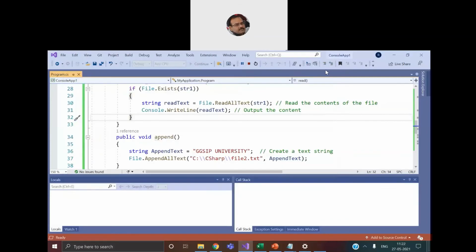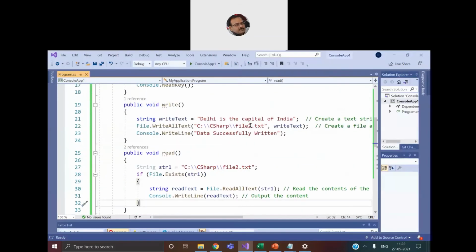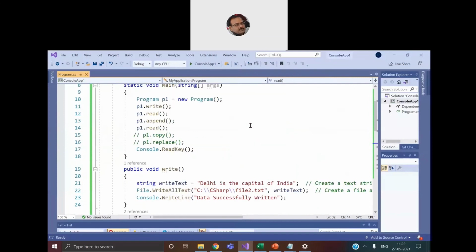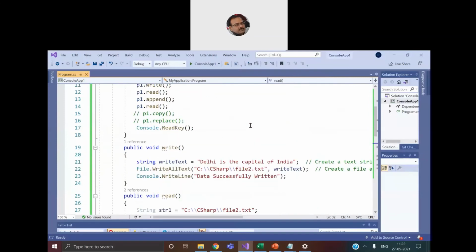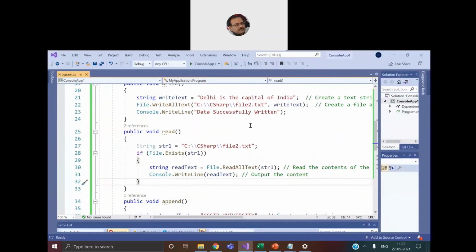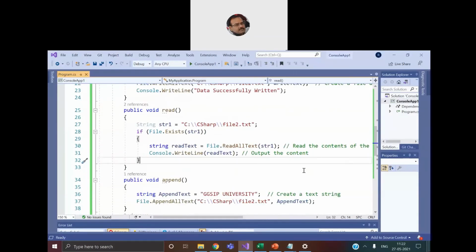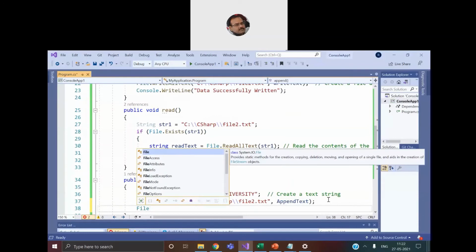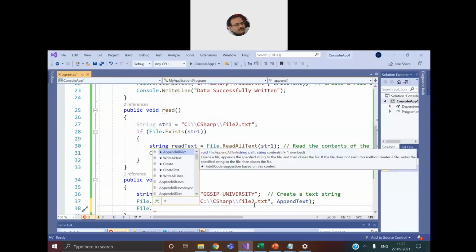So we can close it down now. And so we have executed the function write, read, append, and read. Now, the beauty of this entire C#.NET file handling is that these programs are very simple and very small. Whenever you want to make a call to any function, just write File, and then you can see multiple predefined functions available, which can be called by the programmer to perform multiple operations within a file. So the IntelliSense compiler will invoke and it will display many of the functions which are available,